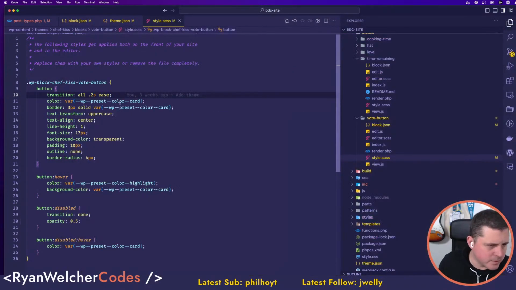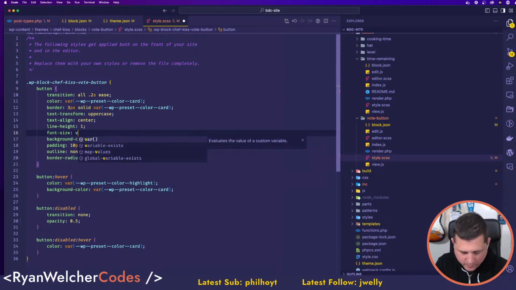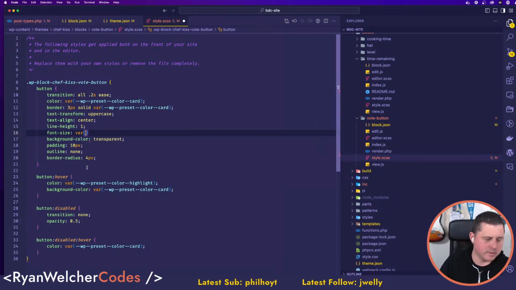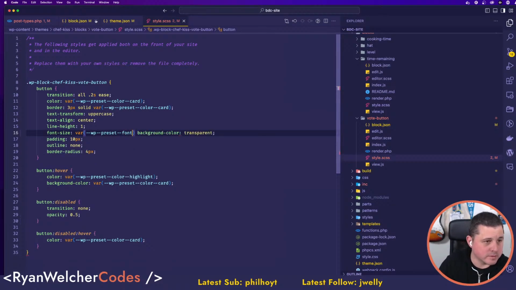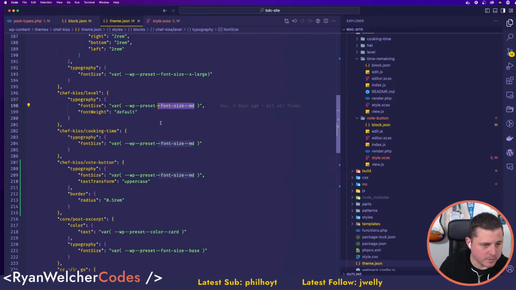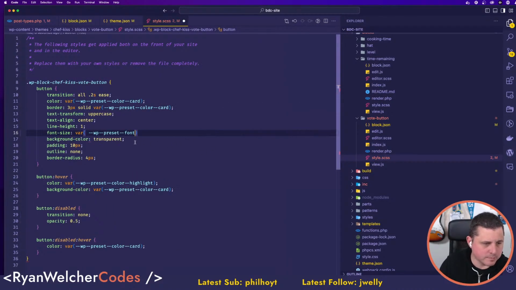Okay, so I'm going to use the font size. I'm going to use a var for that because I've defined some font sizes in here. So it'll be WP. I forgot I was streaming for a second, which is hilarious. But dash dash. I always forget that. So it's dash dash preset. Will be what font. I can get the rest of the theme JSON in here somewhere. So font means mid-size. So we'll grab that one. So I'm using that in here. We'll see what that looks like.